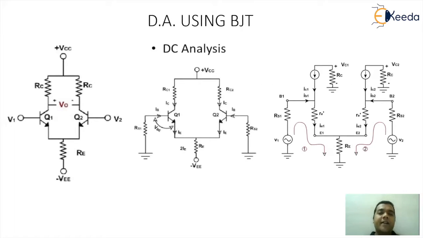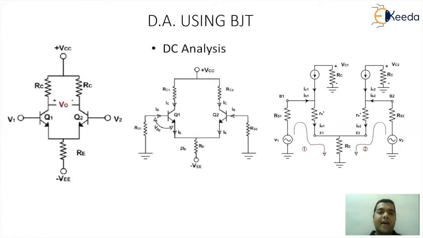This is a simple circuit of a differential amplifier realized using BJT. If you look at the circuitry carefully, there are two transistors Q1 and Q2. Normally Q1 and Q2 come from the family of matched transistors. Remember, no two things can be 100% matched, but we try to match them as much as possible. So Q1 and Q2 are transistors that are identical in terms of parameters. There are two input points, V1 and V2. V1 is the input for the first transistor, and V2 is the input for the second transistor.